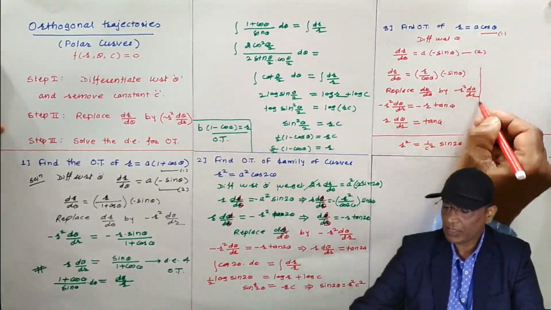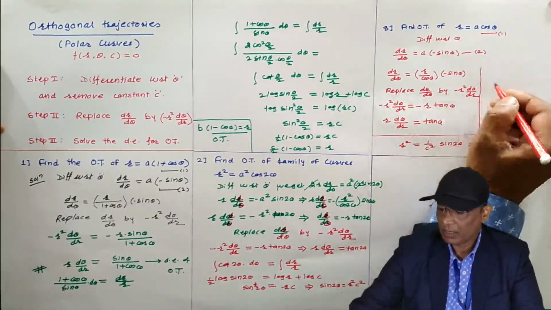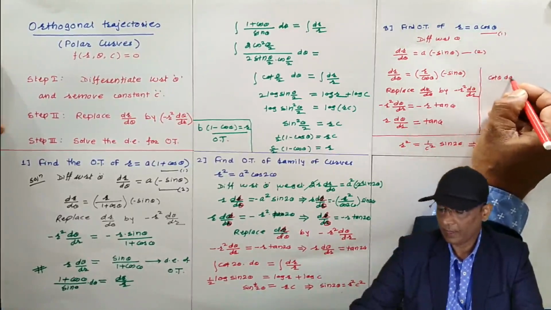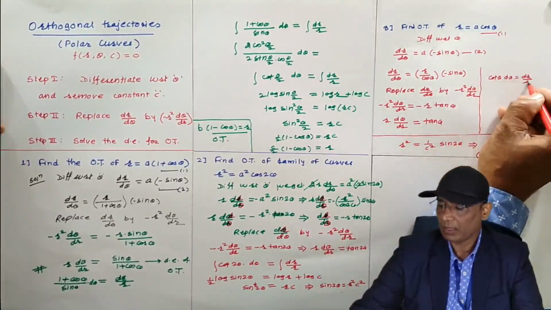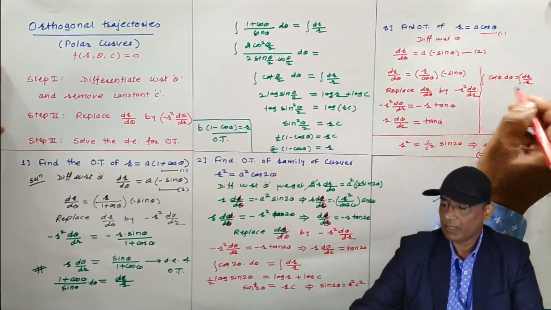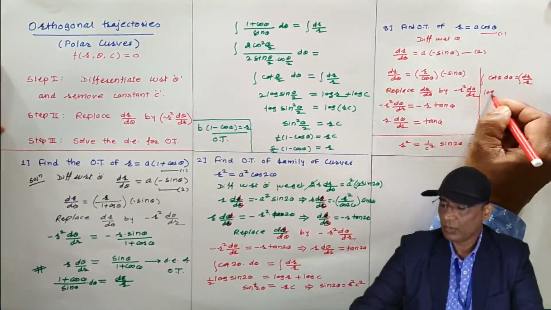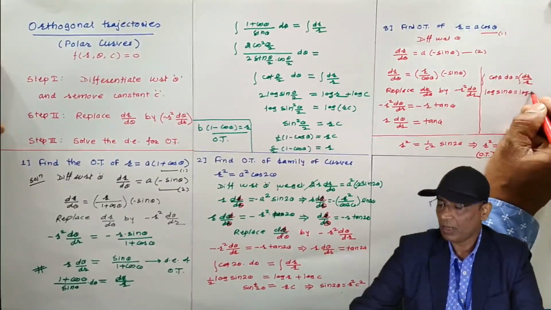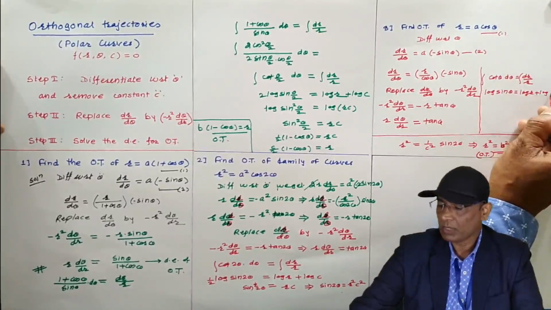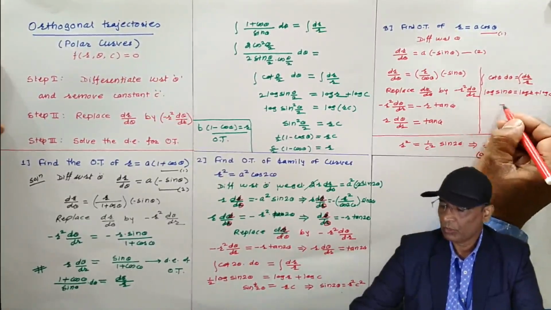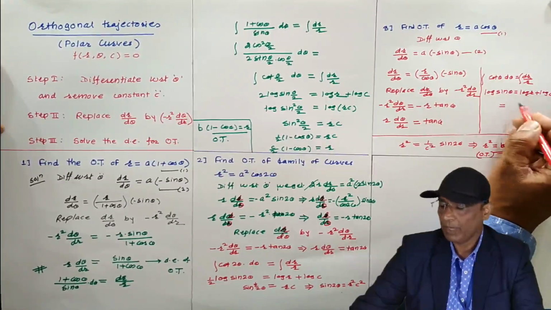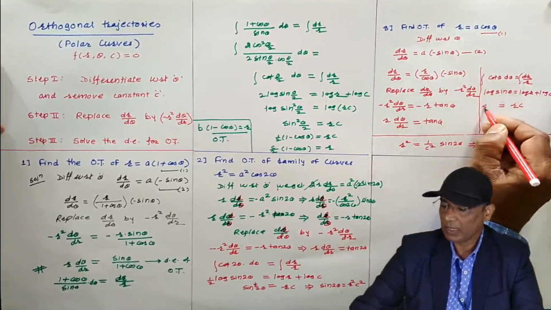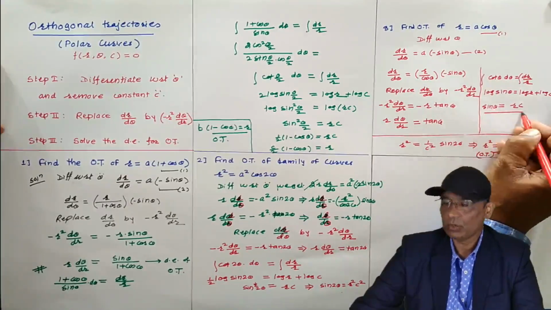Okay, here I am writing the next step. Then separate variables. Tan, if you shift on the left hand side, it will be cot θ dθ, and dr by r like this. Separate variables, separate θ and r. The integration of cot is log of sin, and integration of 1 by r is log r. Both the terms are log terms, log c integration constant I am putting. So log of a plus log of b is log of a into b, is log of r into c, and log of sin θ equal to log of r into c is sin θ equal to this. Okay, this is the orthogonal trajectory.